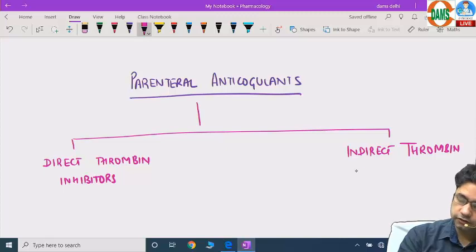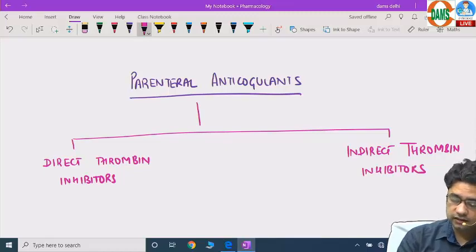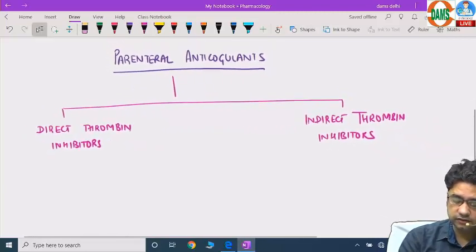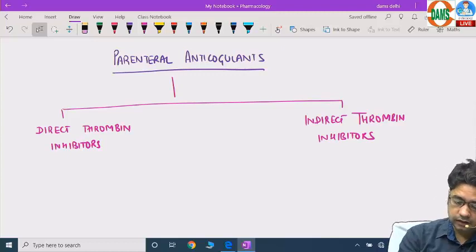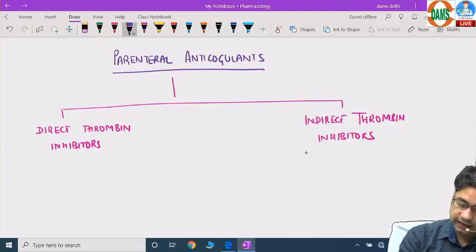Okay, just write in your notes. So we discussed this classification also yesterday. Yes, very good. Now we have to remember that indirect thrombin inhibitors are known as heparins,